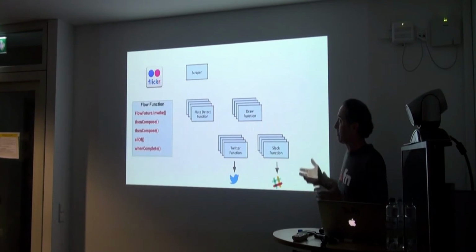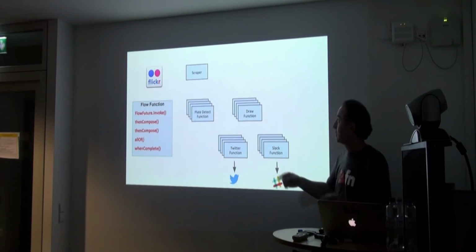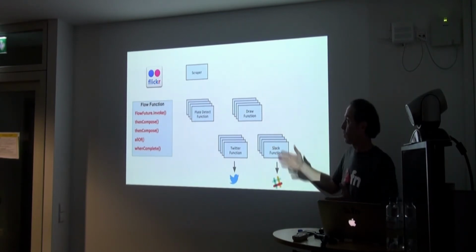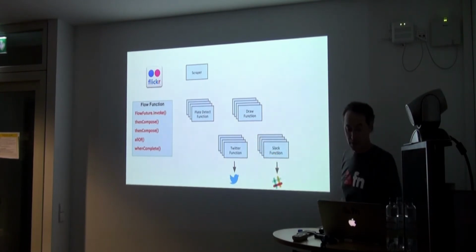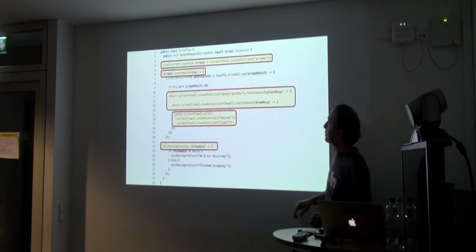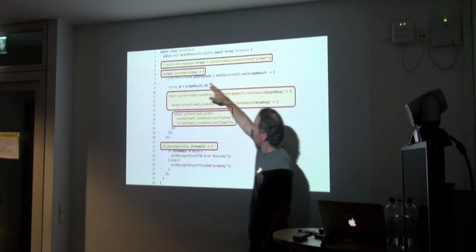So I have a function I write called a flow function that describes the algorithm. It says, call function A, call function B, call the scraper, call point detect, and draw, and this and that, and that's what I would write as a separate function, which is a controlling function, or a flow function. So here's the example. I don't know how easy it is to see from the back, but this is just Java stuff, right? Get a flow, invoke the function scraper, and then compose.